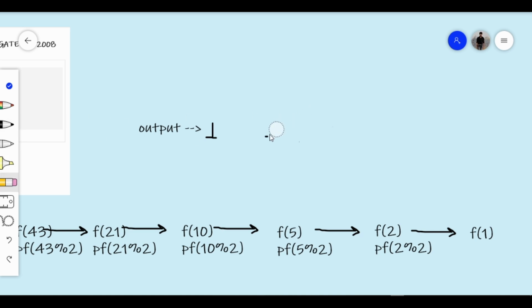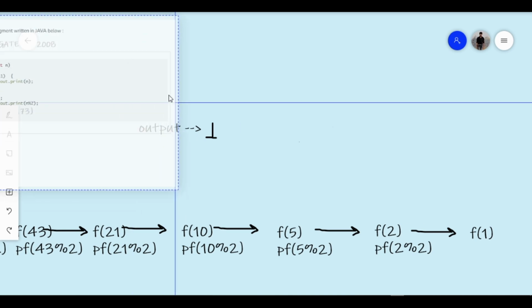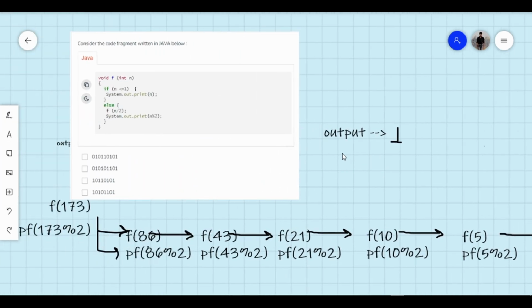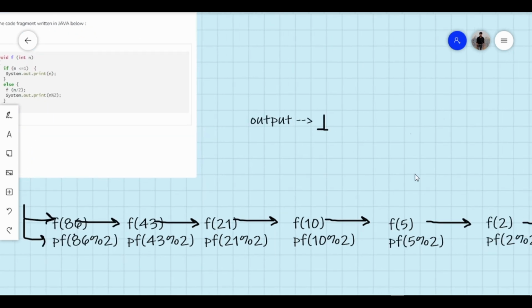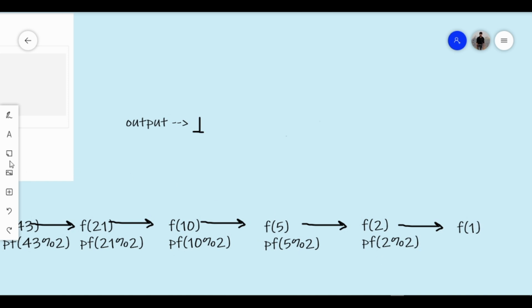Because if we see in the program what they have said, if this n by 2 is done, then what you have to do? Then do n mod 2. So if we do 2 mod 2, it will become 0. So here 0 will be printed. Again this function is over, so we will come back here. So we will print 5 mod 2. This will be 1. Okay, 5 mod 2 is 1.